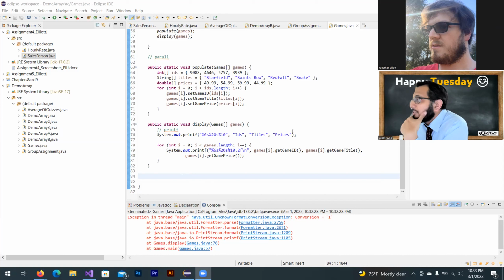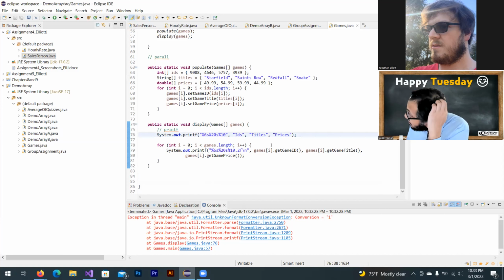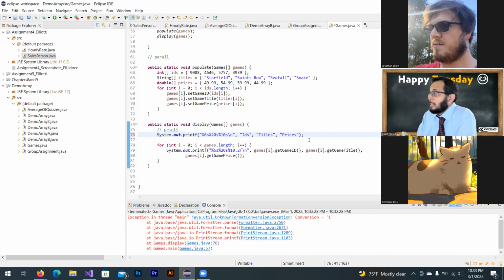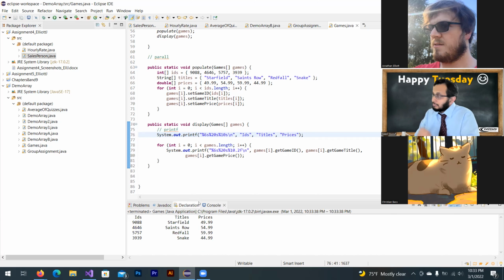Oh, on line number 76, you wrote %10. After the %10, you should write S and then put a \n for new line. Right after the S, put a \n. Yep, like that. Save the changes and rerun. There you go.